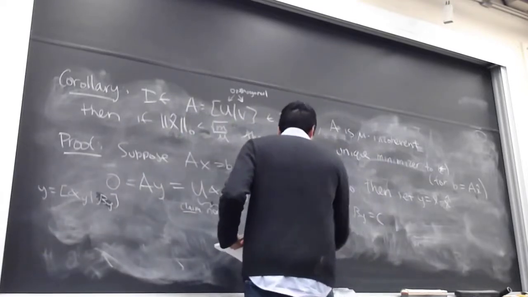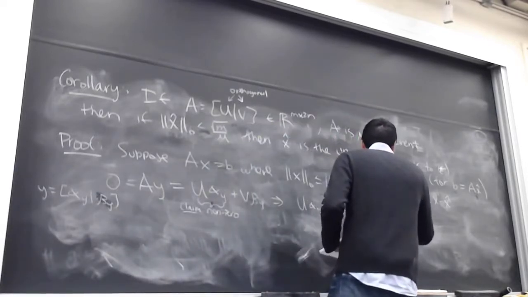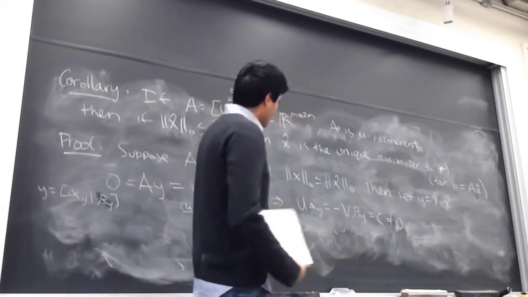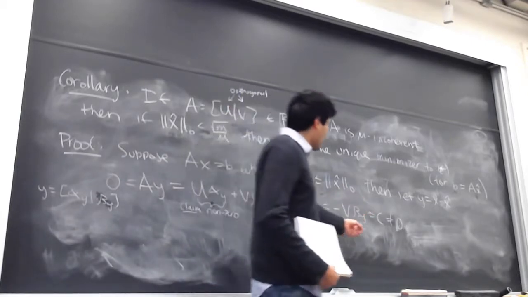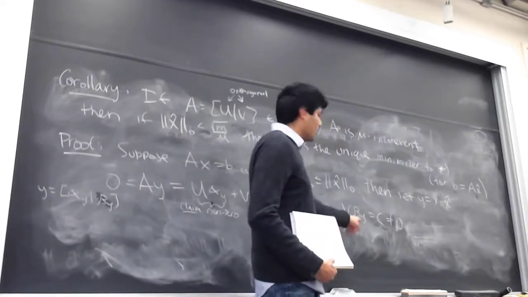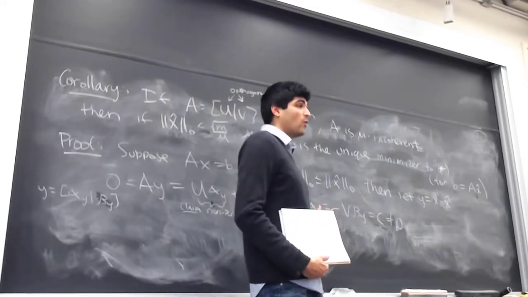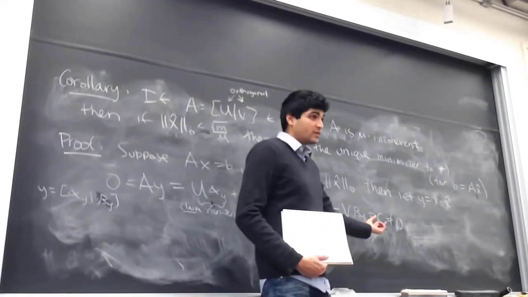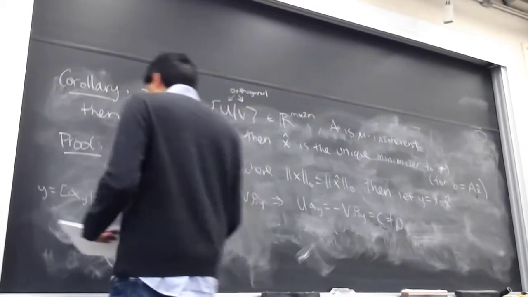Actually, let me just write it up there for simplicity. So now we're in good shape because it looks like we can apply our uncertainty principle, right? We have some non-zero vector which has two different representations in u and v. One of the representations is alpha y. The other one is minus beta y. And we know now through our uncertainty principle,